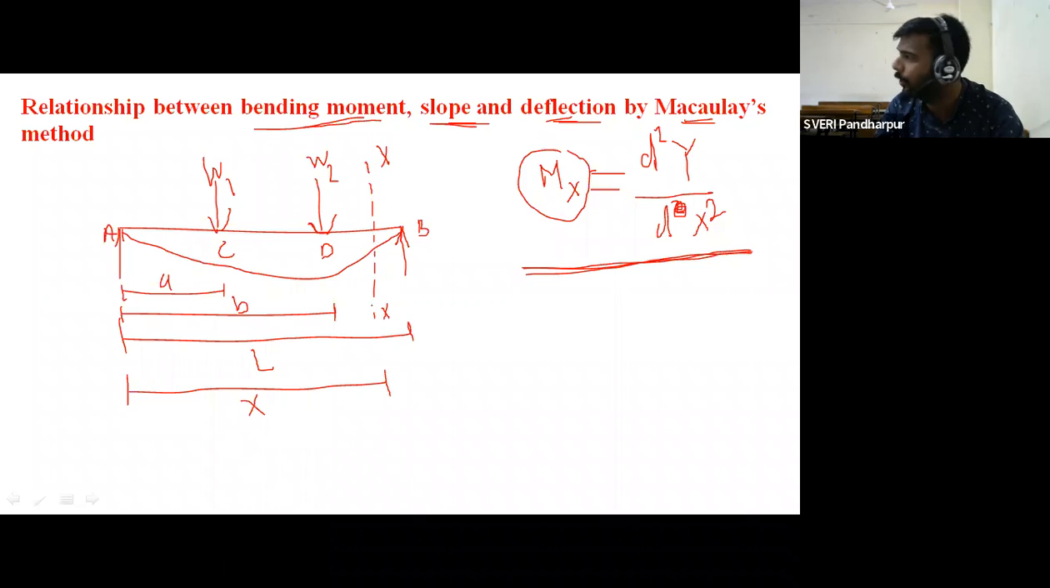Now this is a simply supported beam, correct? In case of a simply supported beam, for the SF and BM calculation, are we starting from the left side or right side? For the simply supported beam, are we starting SF and BM calculation from the left side or right side? Right side. And then for cantilever,